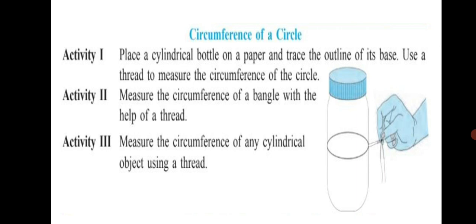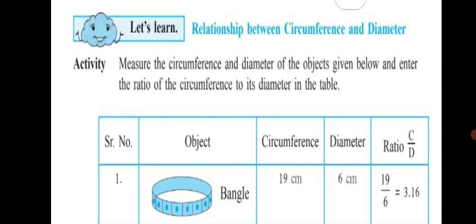Can we derive a formula to find the circumference of a circle? Let's have a look. Let's learn relationship between circumference and diameter first. For this, you have another activity mentioned on page 75 of your textbook. Measure the circumference and diameter of the objects given and enter the ratio of the circumference to its diameter in